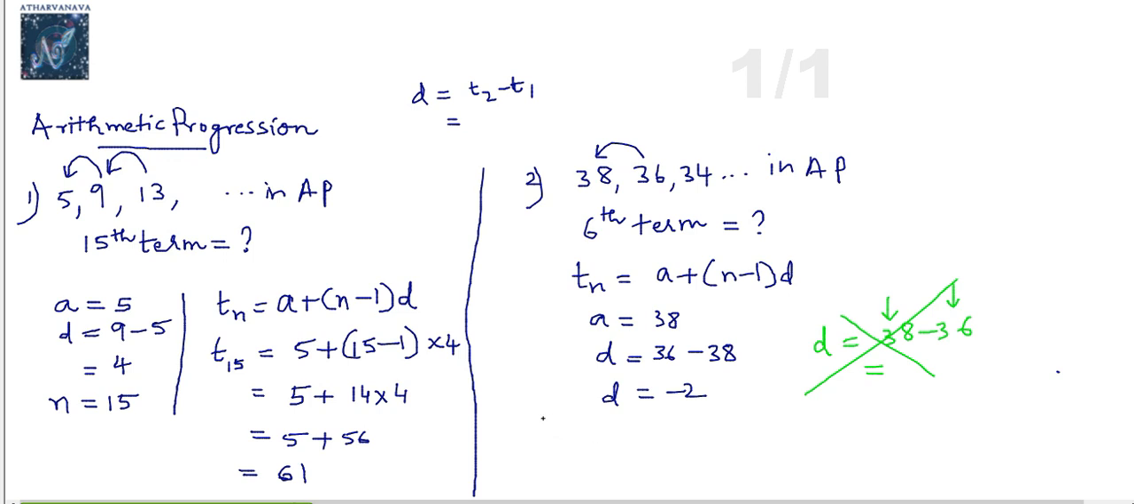So let's just start solving. T6 is, okay, I forgot to write N is 6. So T6 is equal to 38 plus (6 minus 1) into minus 2. Since it's a negative number, kindly write the negative numbers always in brackets. Okay, always use brackets for negative numbers. And then T6 is equal to